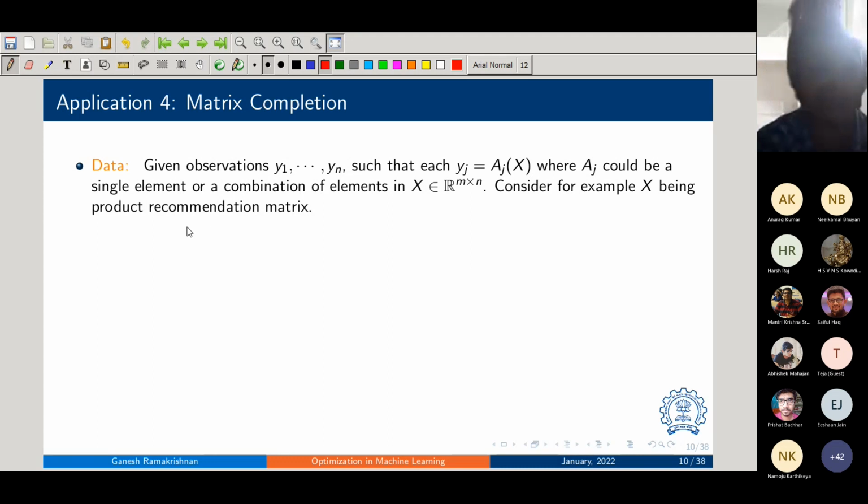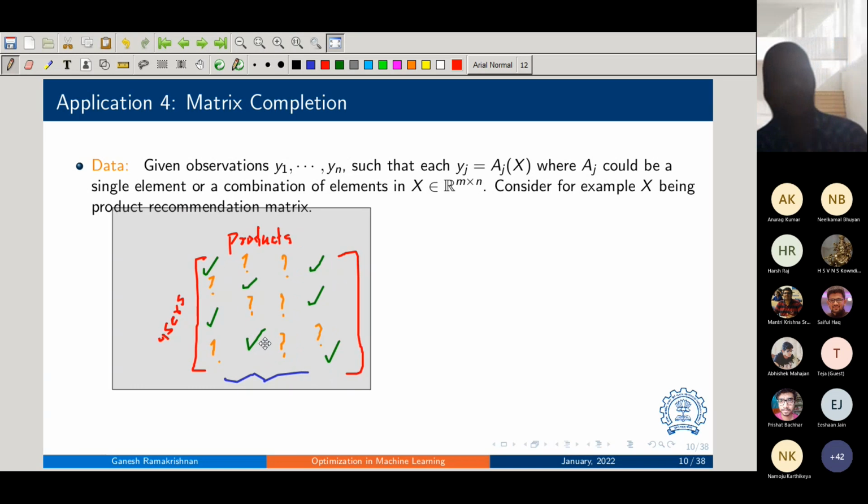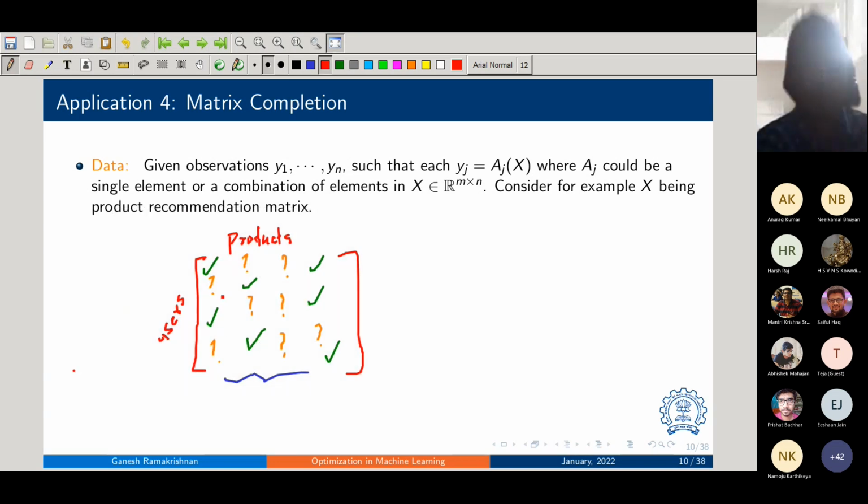So let me just give another example. Let's say we have users and products, and we have a whole bunch of question marks. So certain users have used certain products. It's not clear whether certain products have been consumed. Maybe the data is missing. Maybe they have not yet even explored that product, and maybe it's possible that they didn't want that product. Okay, so we want to fill up those question marks. It's not that all the question marks will be tick marks. Some of them may be negative because the user simply doesn't have preferences for certain products. Okay, so this is the idea.